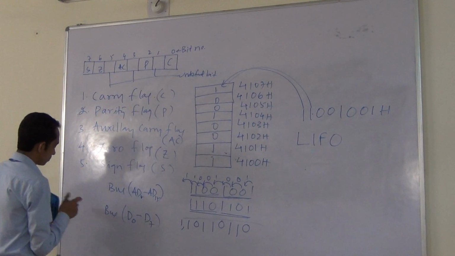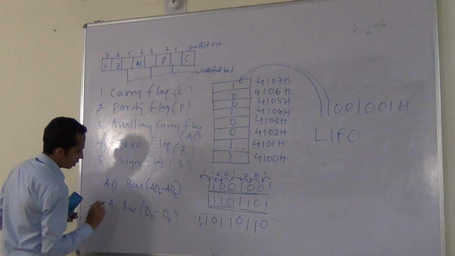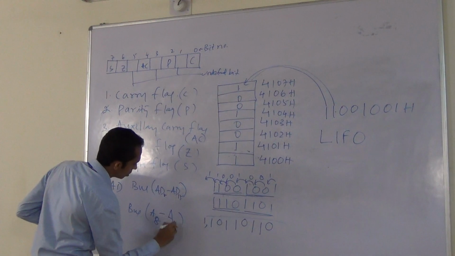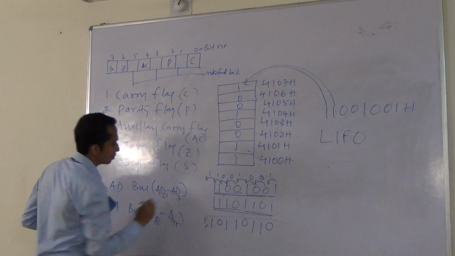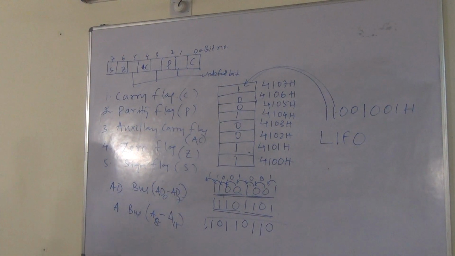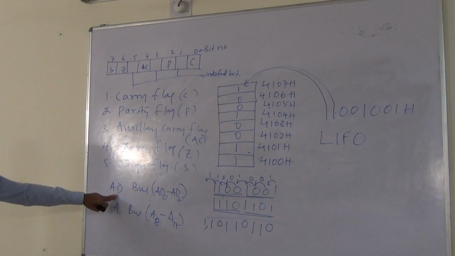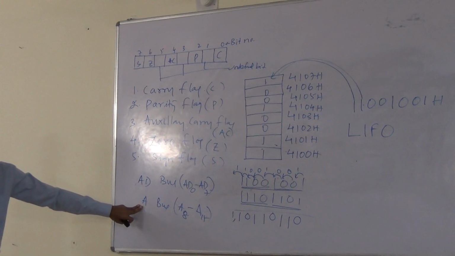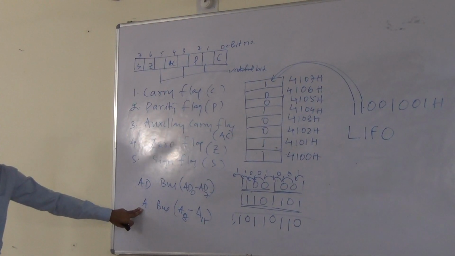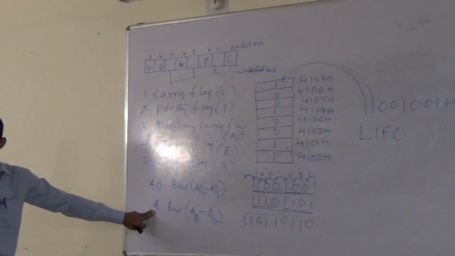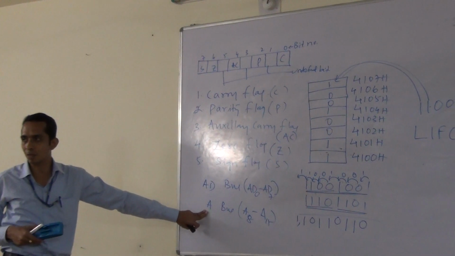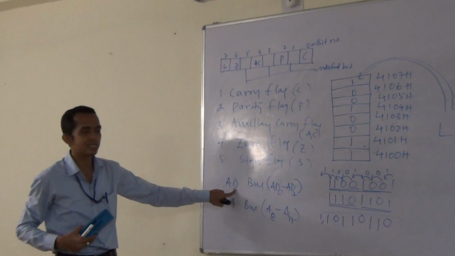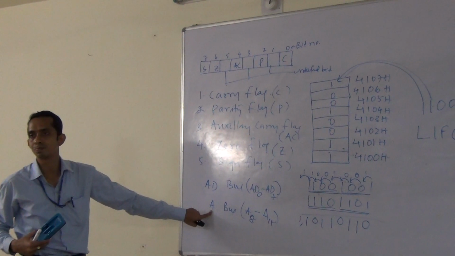So we have the AD bus and the A bus available. This is A8 to A15, and this is AD0 to AD7. The AD bus carries the lower 8-bit address content, while the A bus carries the upper 8-bit address content at the same time, a total of 16 lines to carry the memory addresses sent by the microprocessor at the first part of the operation. Thereafter, when data is sent toward the microprocessor, it will use this AD bus. At that time, the A bus does not come into play.